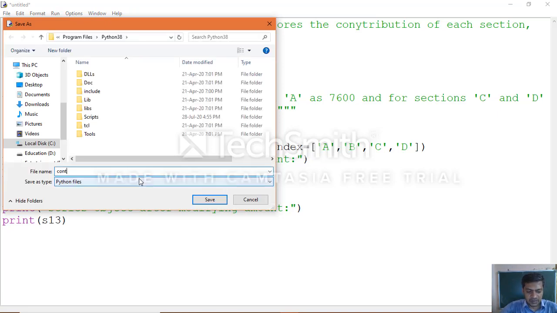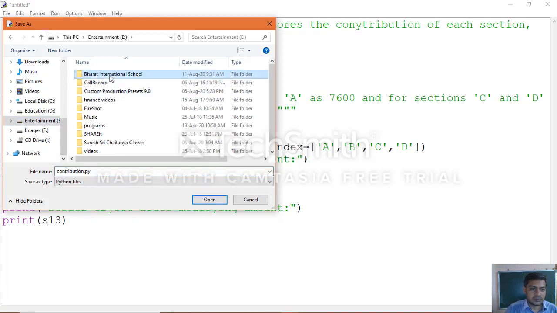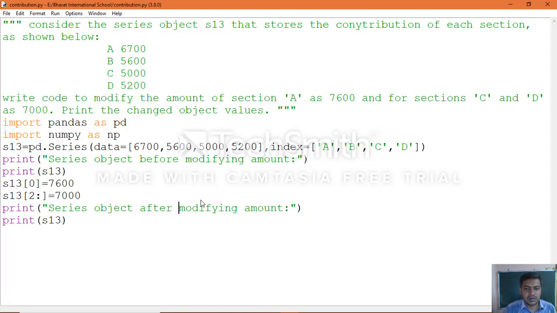We'll name it contribution dot py. So choose the location, save your application. Okay, now how to execute?